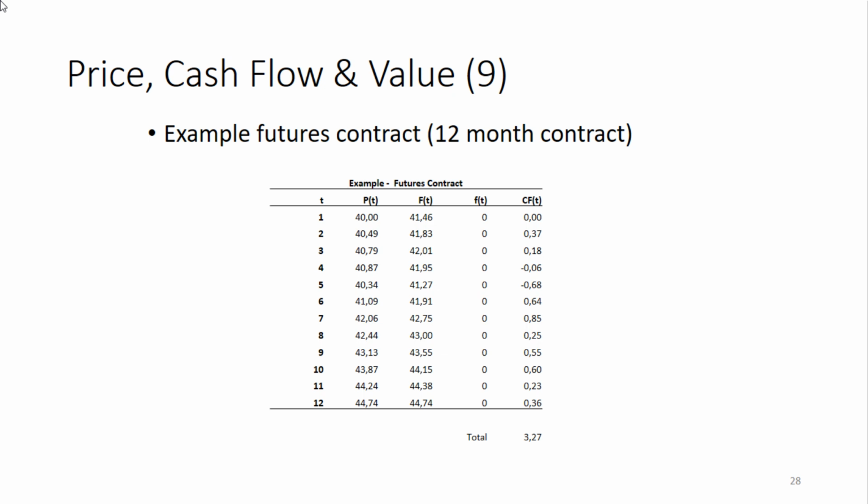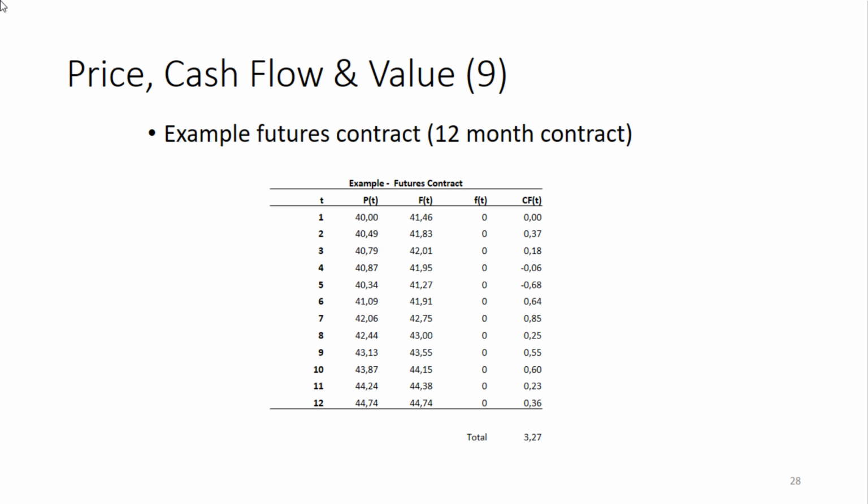And then in the end, at time 12, the same thing happens as at all previous moments. There's the last settlement taking place, because the latest active futures price that was agreed upon for delivery at time 12 is 44.38. Well, at time 12, the spot price is 44.74, which is then also the futures price at time 12 for delivery at time 12. So then there is again a 36 cents increase in attractiveness, which will then flow as a cash flow to the long position of the futures contract.